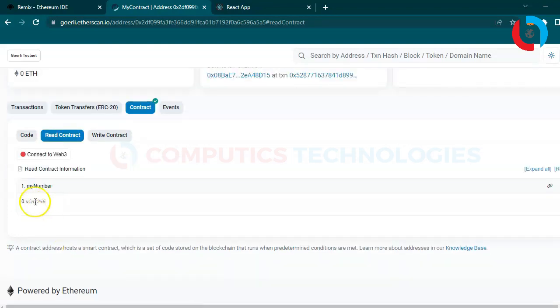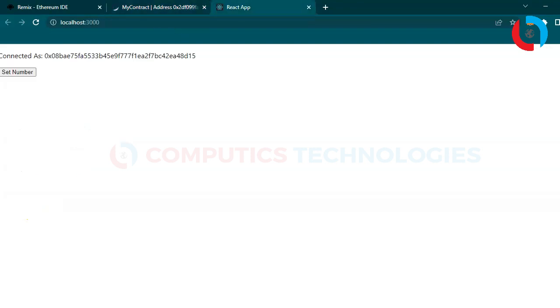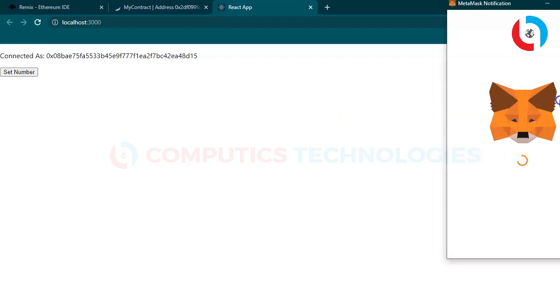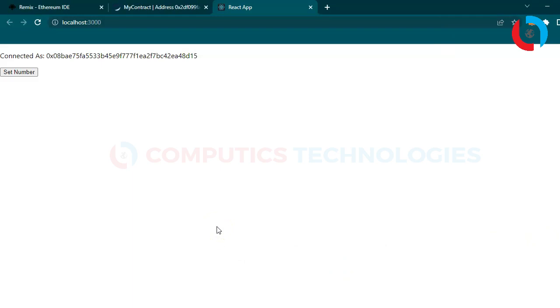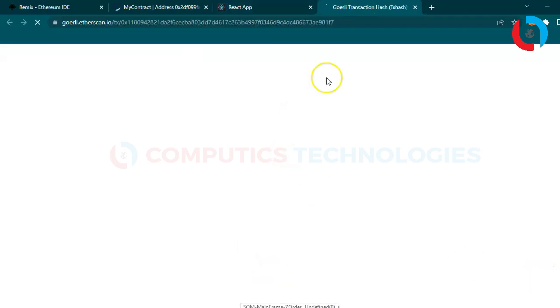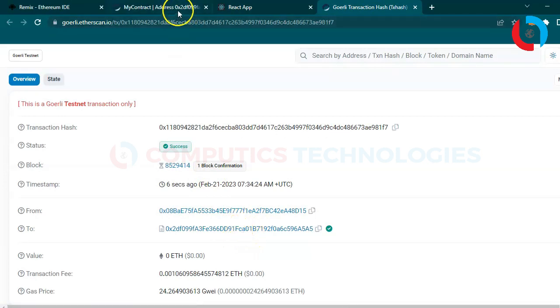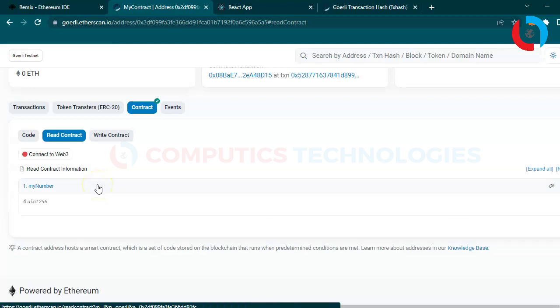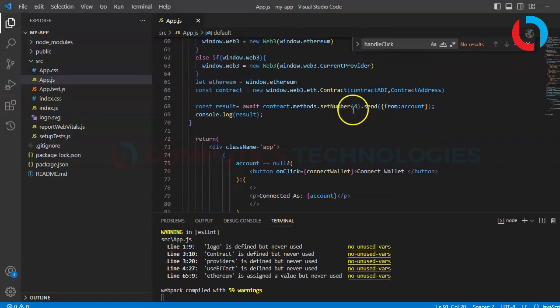As you can see, the value is 0 by default. Click Set Number and confirm transaction. Now it changes the value to 4. As we send it here,